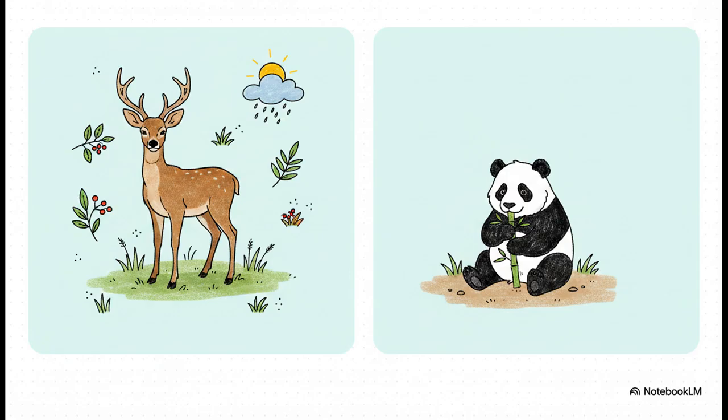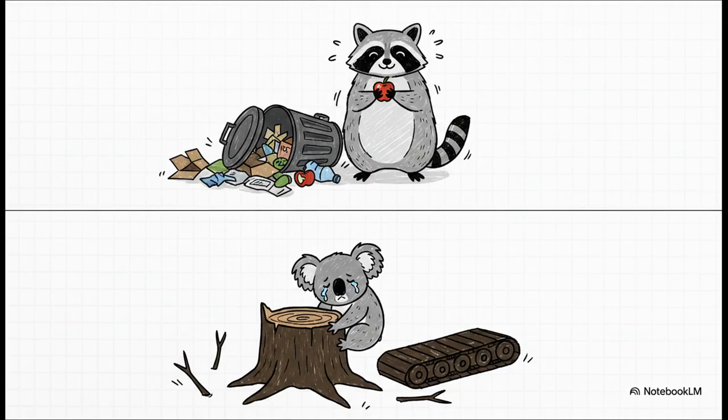But then, compare that to a specialist, like the giant panda. The panda has basically gone all in on one very specific bet: bamboo. It absolutely requires bamboo. It eats almost exclusively bamboo. And if that bamboo blooms and dies off, the panda can't just pivot to eating pine cones, right? Specialization is a brilliant strategy if your environment is totally stable, but the second things change, that narrow niche makes them incredibly vulnerable. And because of that, in our modern human-driven era, generalists are the clear winners.